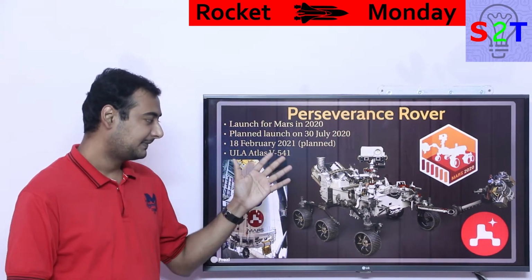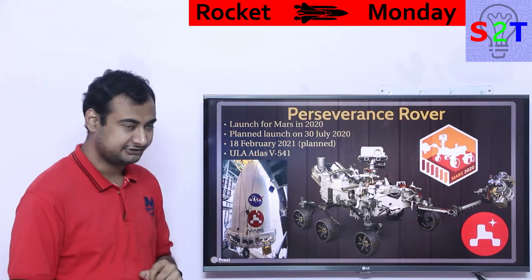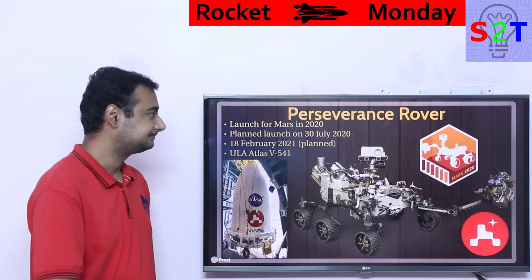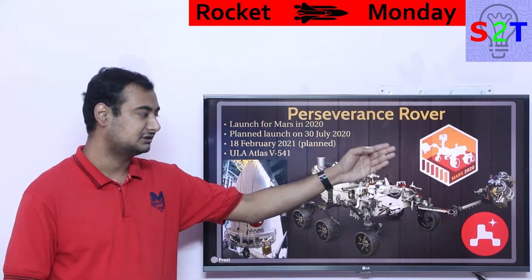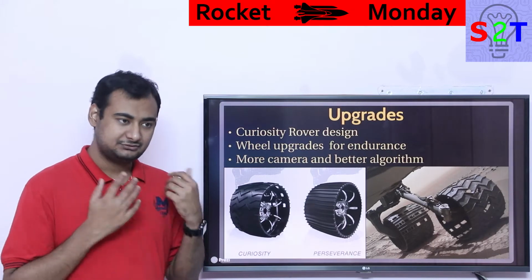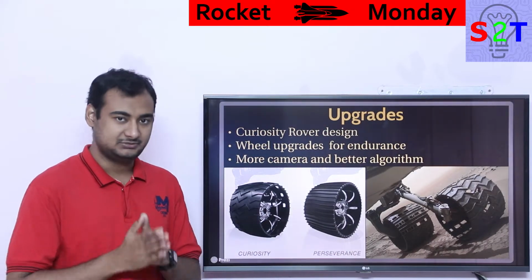And this rover is launched on top of a ULA Atlas V 541 configuration. Now, it's a very simple, tested system, so they are going with this. And they have two mission insignia. One insignia is on the rocket, another is for the mission system. Now, if you think that design looks way too similar to the Curiosity rover, you are not incorrect, because Curiosity rover